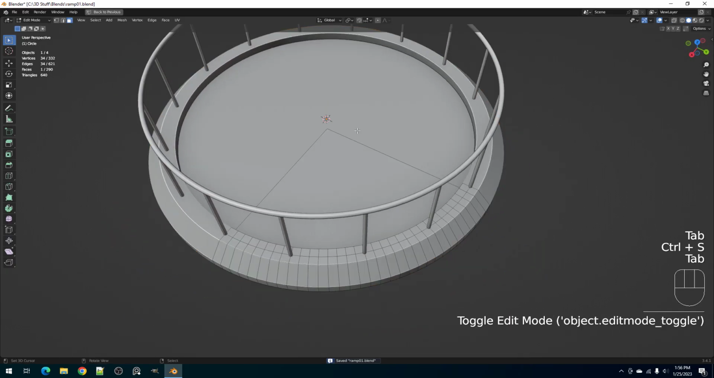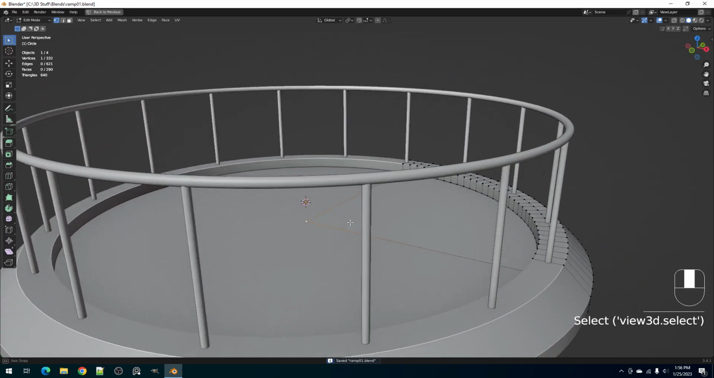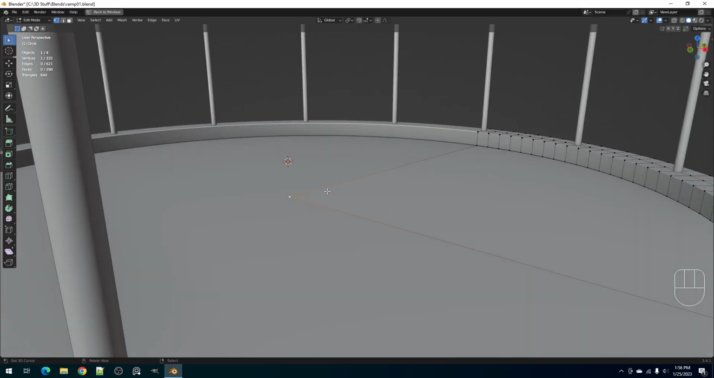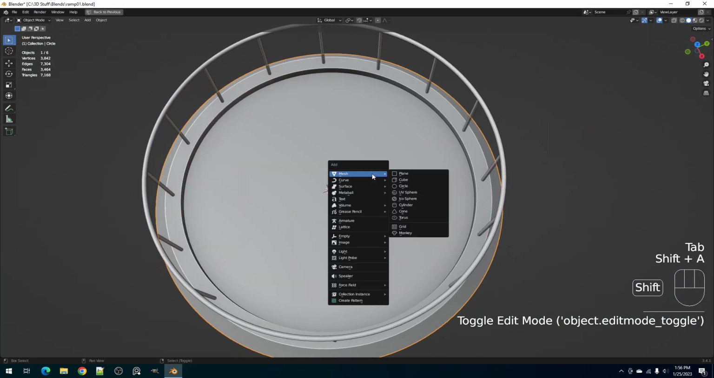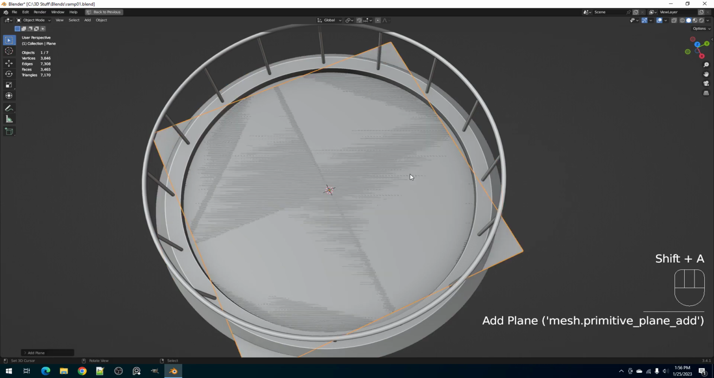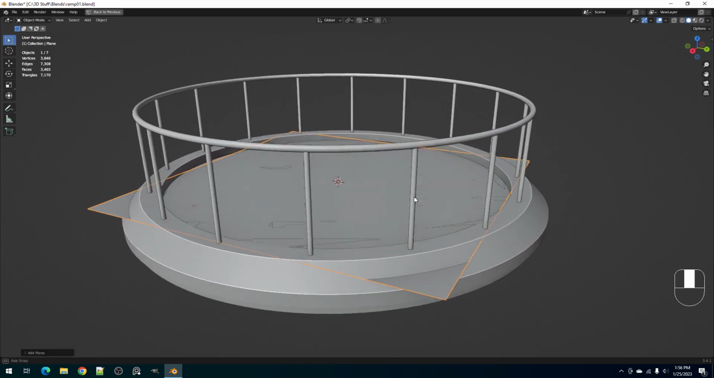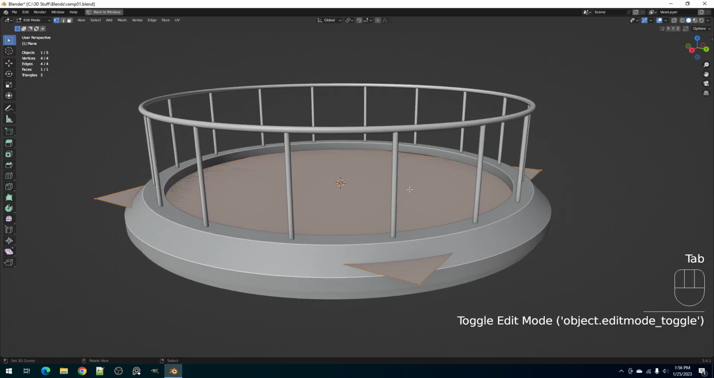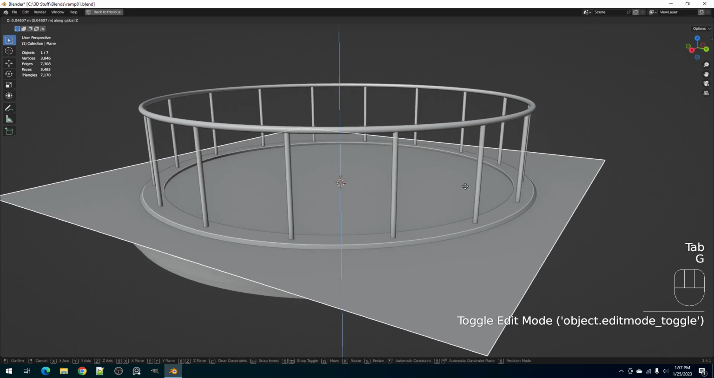Okay. So place the 3D cursor on this vert here. Cursor selected, and add a plane. So that will be created on the location of the 3D cursor. Raise it up a bit,